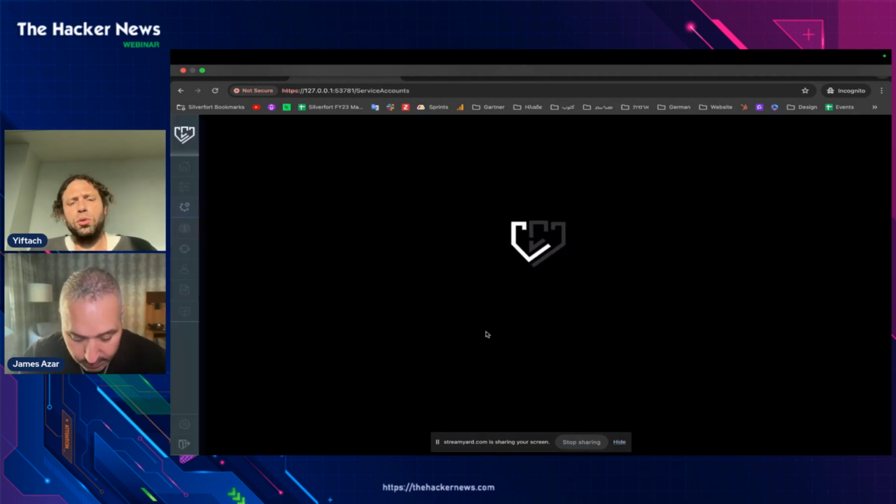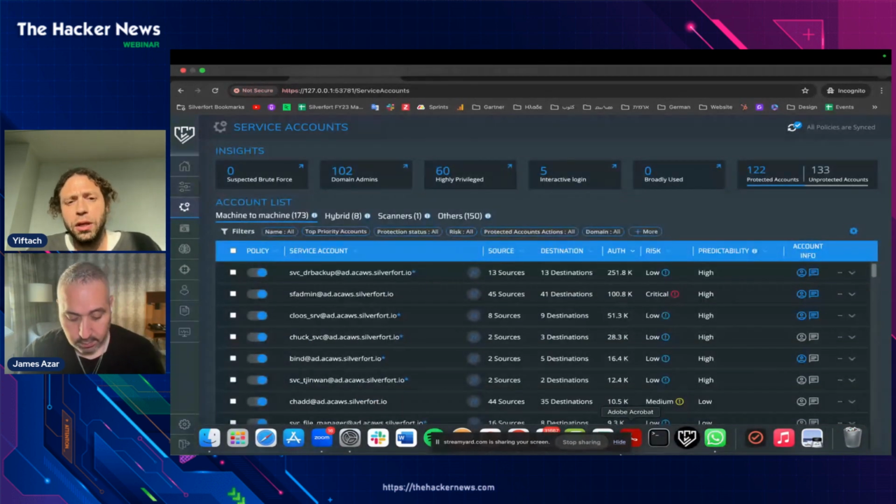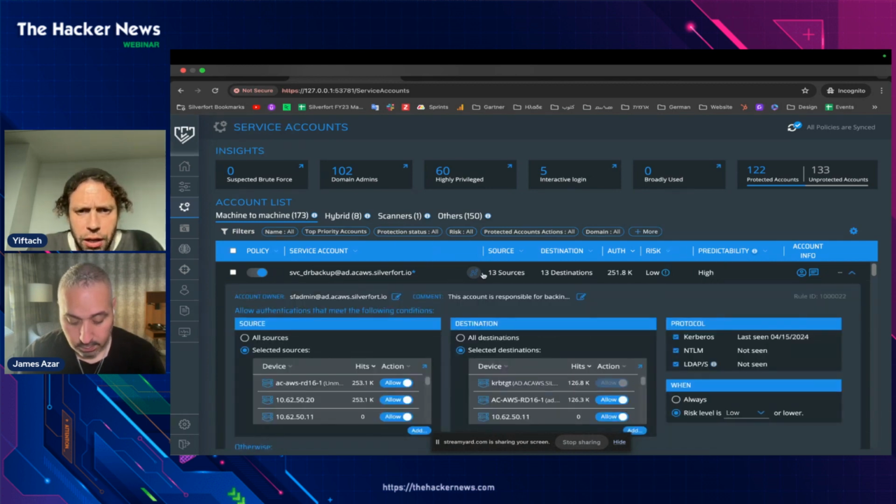So remember I told you, we see all the authentications in real time. Now, what's the main difference between service accounts and a human account? Service accounts are predictable, okay? A service account is deterministic. When it's created, it's usually associated with scheduled tasks that run every fixed time, every 9 hours, every couple of days. What we are actually able to do, okay, is to